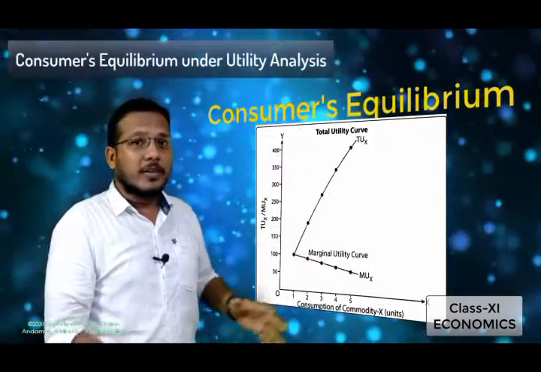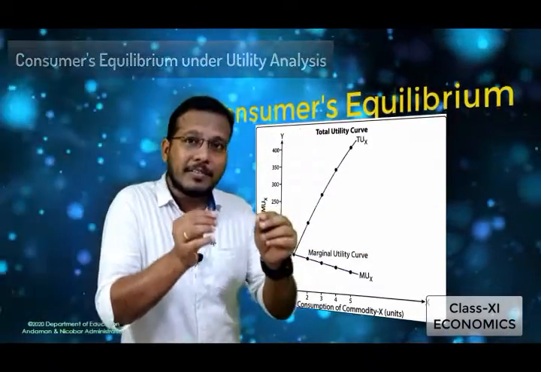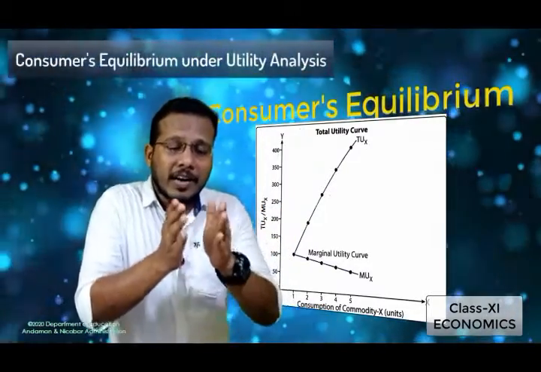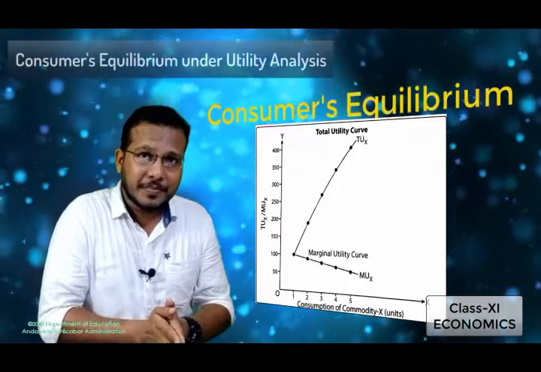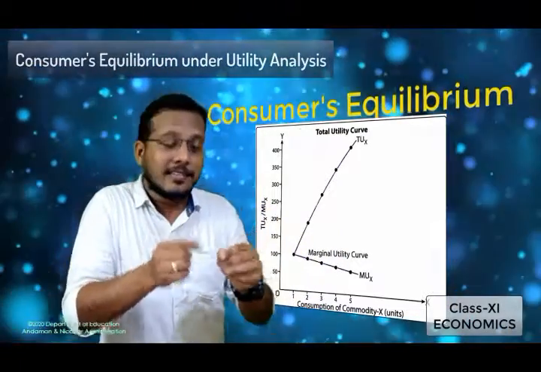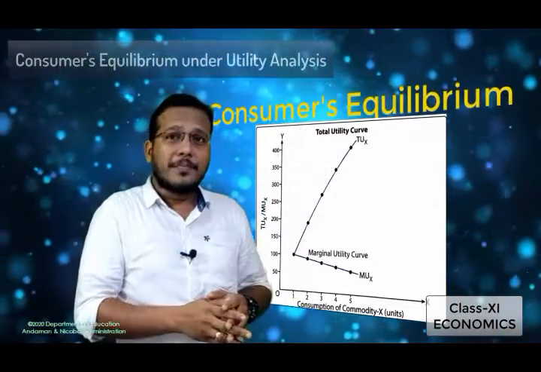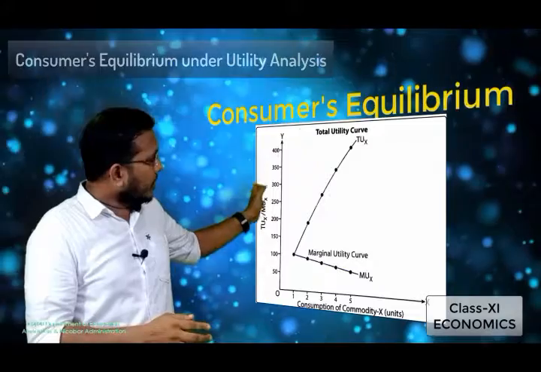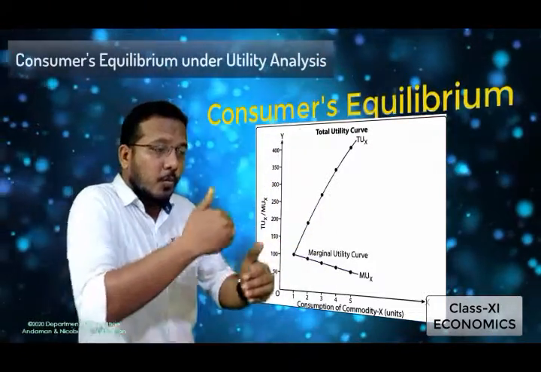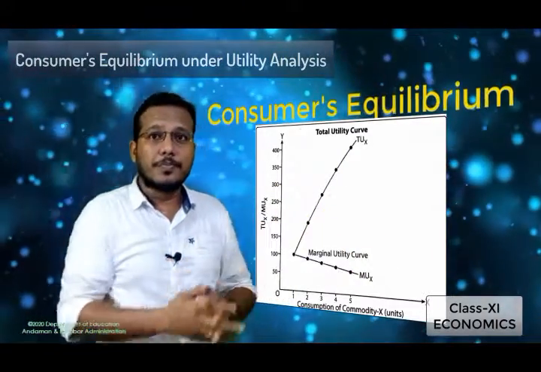It goes downward to the right. So what this curve indicates is that with the usage of every additional unit of a commodity, the utility derived from that additional unit will be less than the previous one. Now you will have a question: when it decreases from the origin and goes downward to the right, up to what point will it move?